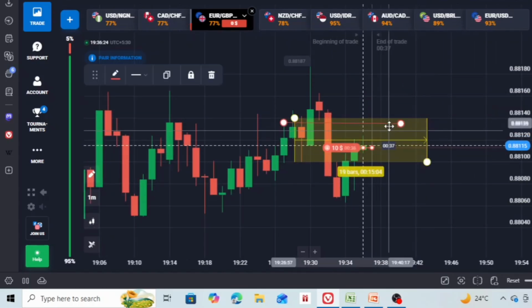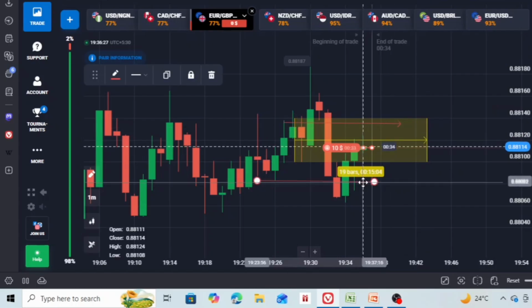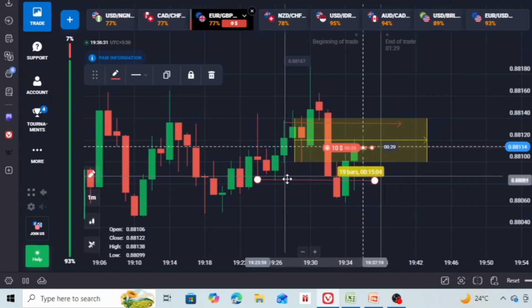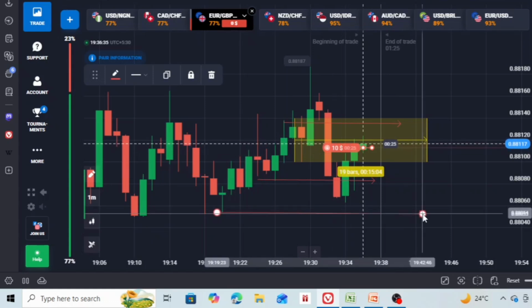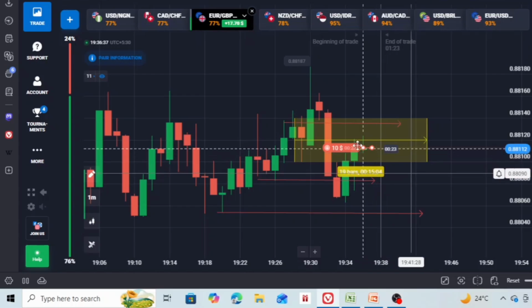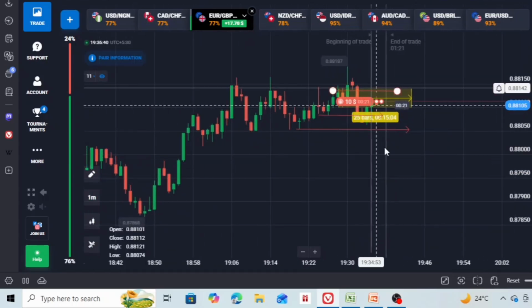Let us just copy this one. This is the target. This is the first target, which has already been broken out. So our next target will be this one, and we still have the room available. After mitigation, we have placed our entry. And then if you look at here,